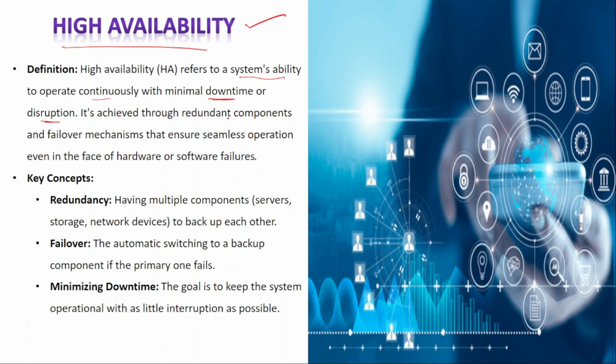It is achieved through redundant components and failover mechanisms that ensure seamless operation even in the face of hardware or software failures. So as you all know, IT systems are composed of hardware and software components. High availability ensures that all these systems work seamlessly, and if there is a component failure in the hardware or the software, the user services are not disrupted. This is achieved by employing multiple redundant hardware